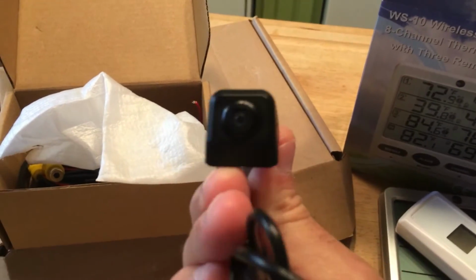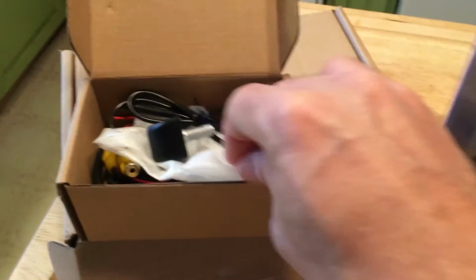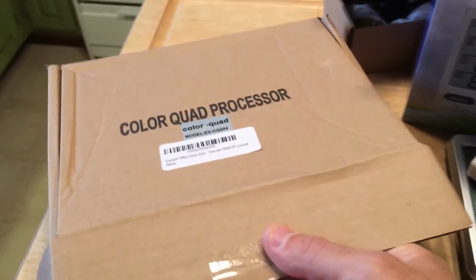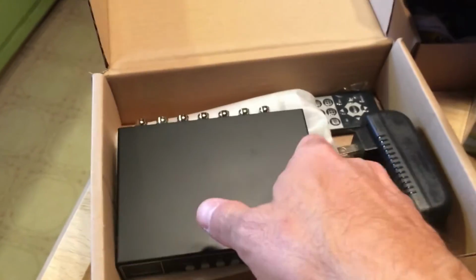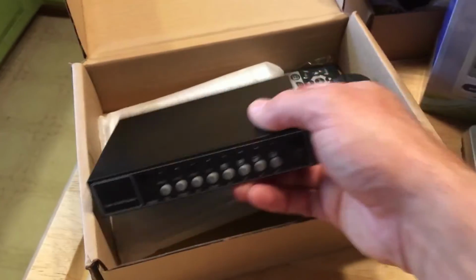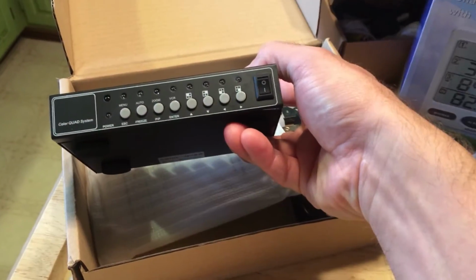And then she got me a little backup camera for the van. I'm going to mount that to the back, and that's going to come in real handy because yesterday I actually backed into a brick wall. I didn't do much damage, but it's always a little dicey sometimes backing up that big van. And then this little, what would you call it? It's not a switcher,